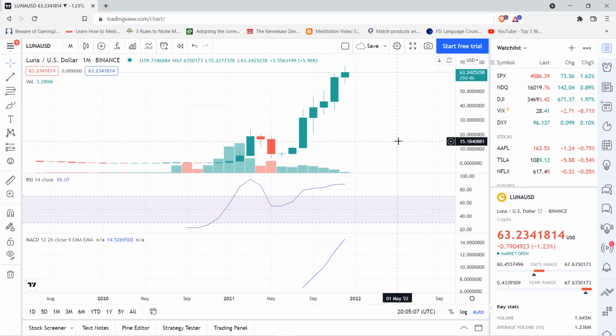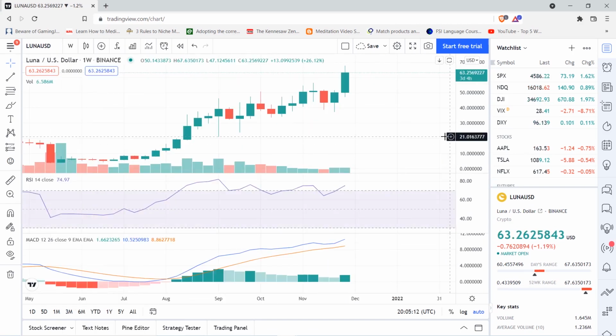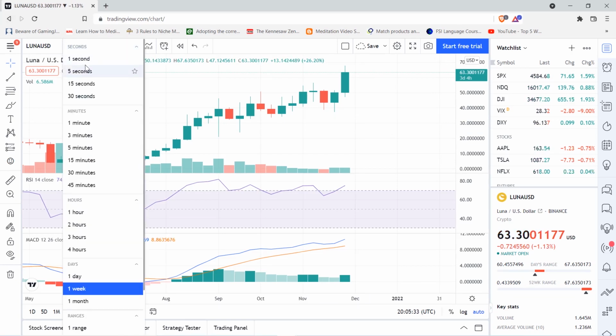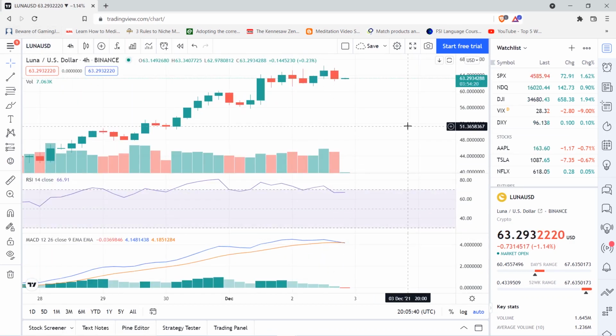But if you want to know what'll happen next month, you look at the monthly chart. If you want to know what happens next week, you look at the weekly chart, and you should always use a ratio of 1 to 4. So if you look at the daily chart, you should look at the weekly chart, and that's 1 to 7. But you get my point. You need a big difference between them. You could look at the 1 hour and then the 4 hour, and that would be the 1 to 4. But it's at least a 1 to 4 ratio. A 1 day to a week is fine as well.